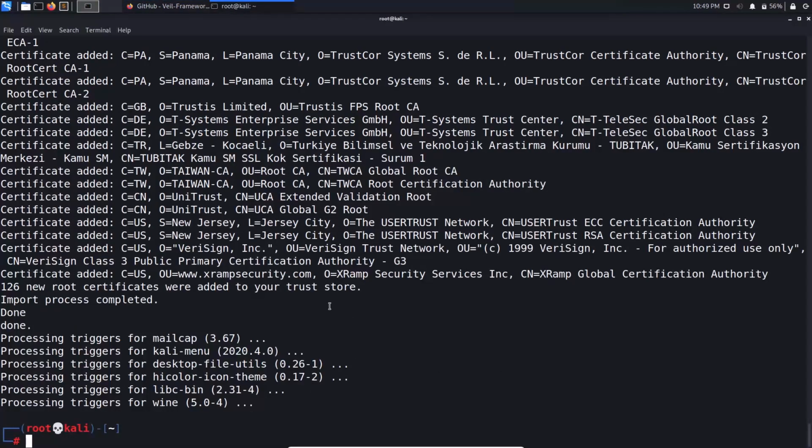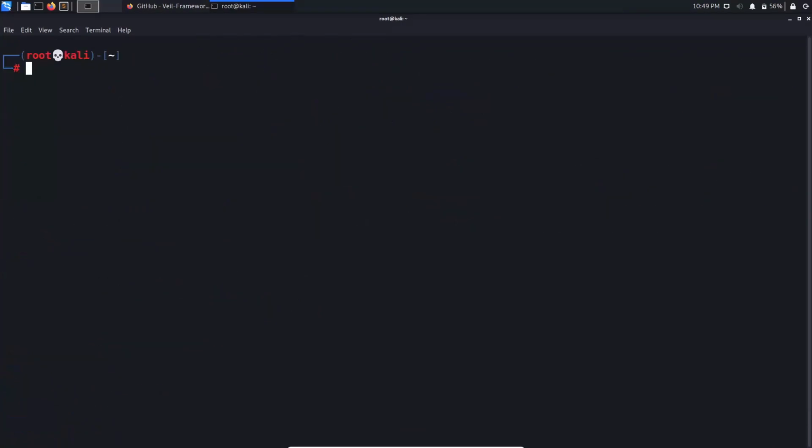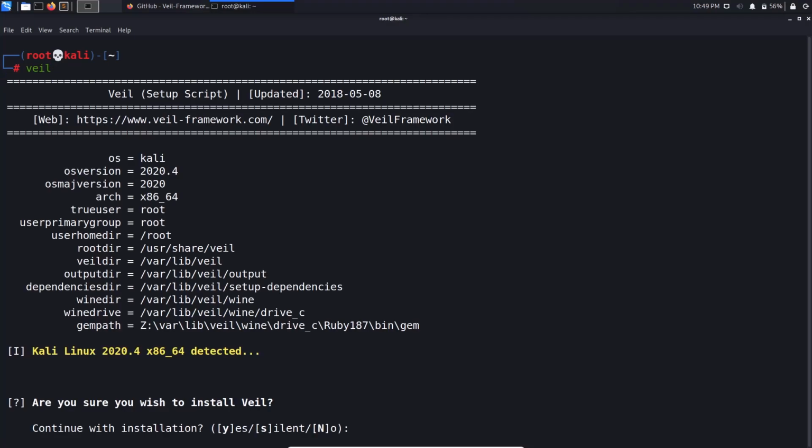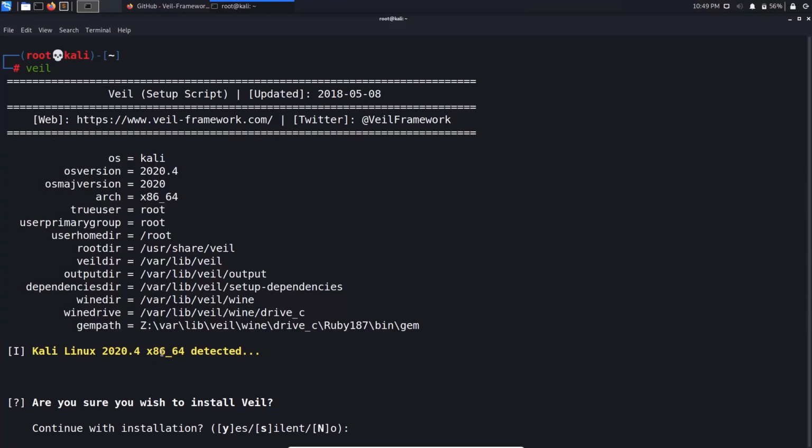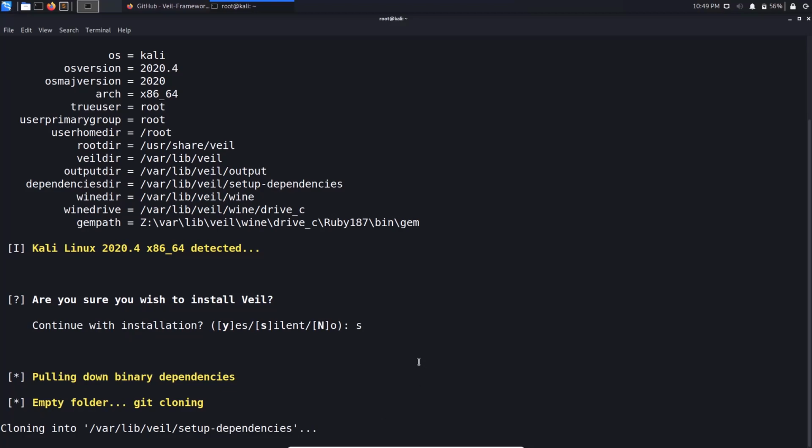And yeah, it is completed, guys. So what you need to do is simply launch it by typing Whale. If you type Whale, you'll get a setup option. For the first time you get a setup option, and you can see your operating system and version. Here you can see continue the installation: yes, silent, and no. If you hit Y, then it is going to irritate you, as in the middle you need to hit Y, yes, and so on. But if you hit silent, or use S, then it is going to auto complete for you. So let's go with S, and let's wait for a while till it completes.